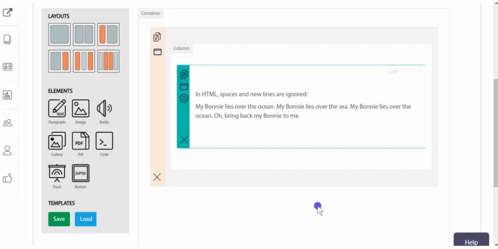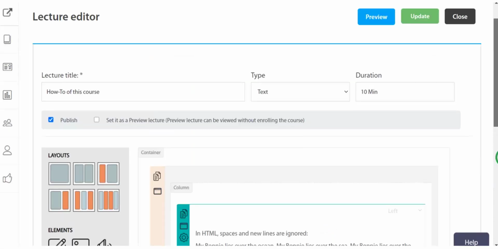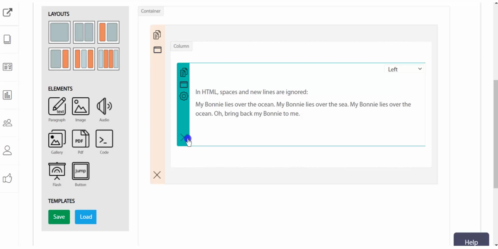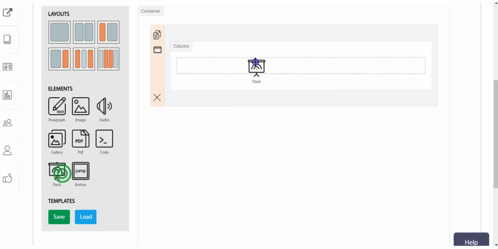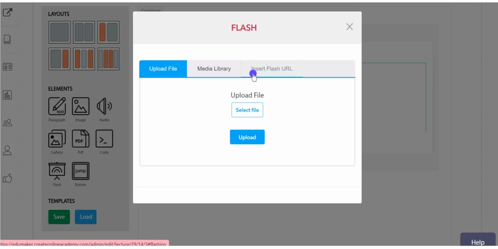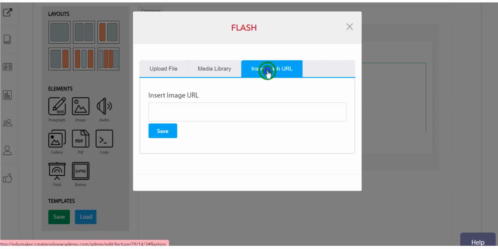This HTML has come. And then I have to click update. Then similar is the element of Flash, where you can add a Flash file from your computer, and once you upload, like other media, it will show up in the media library, or you can insert a Flash URL.